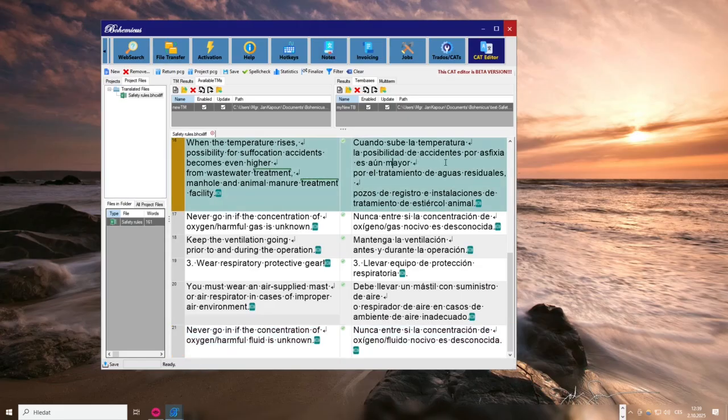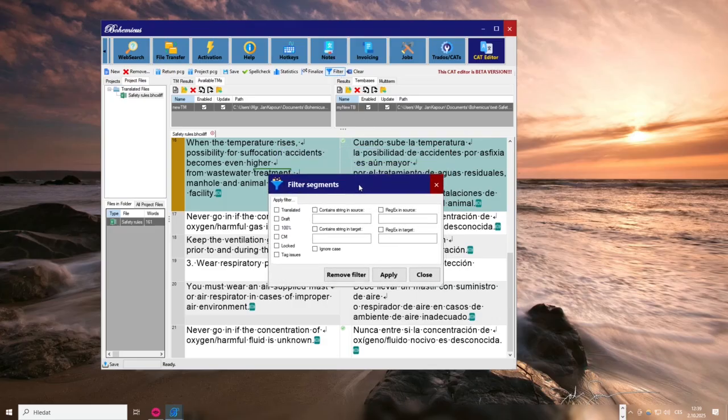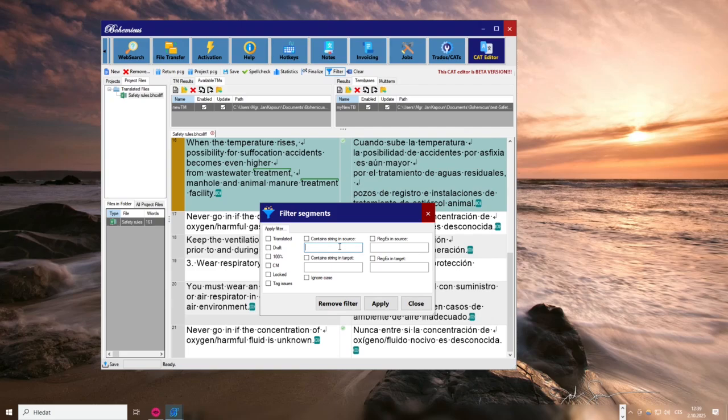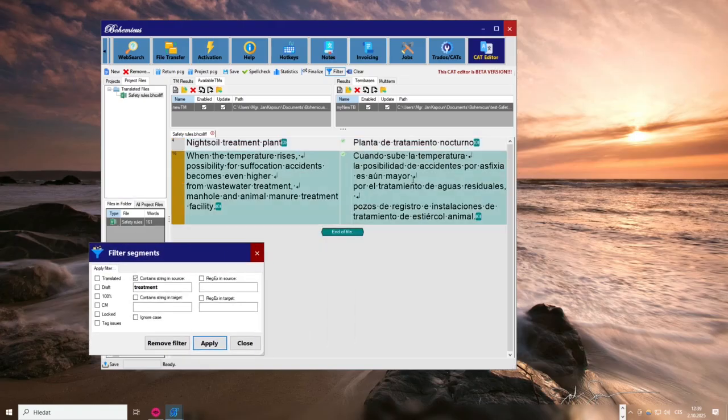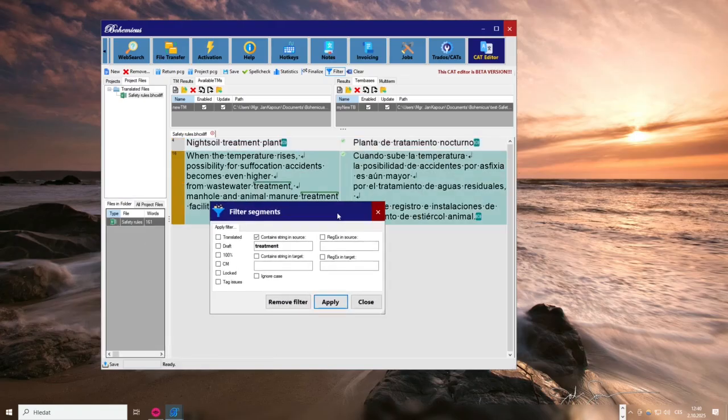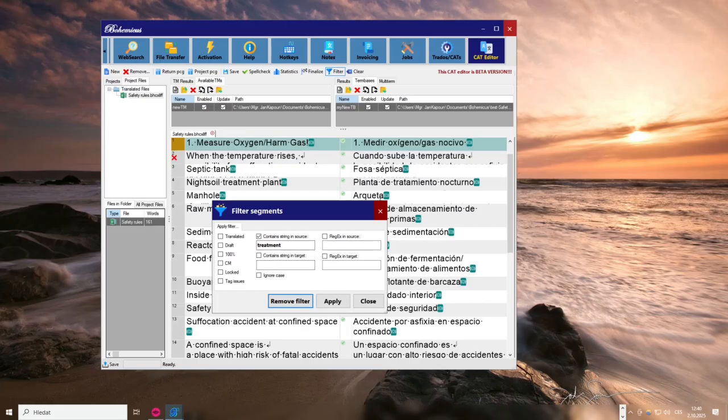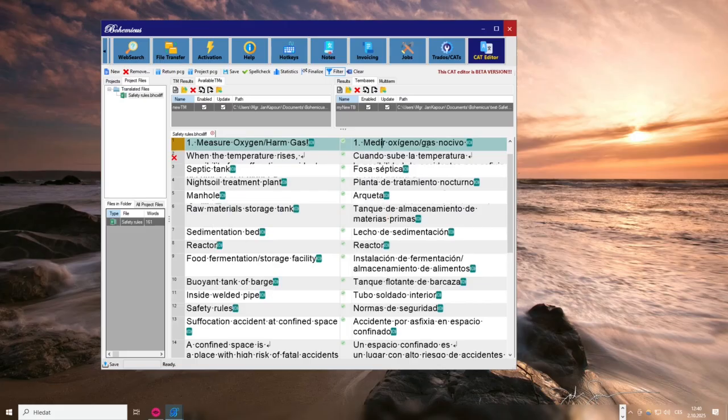And I could also, for instance, filter my segments, and I would like to filter it only to segments where the word treatment is contained. So let's click apply, and as you can see, this is in two segments. I can remove the filter now, and maybe I would also like to